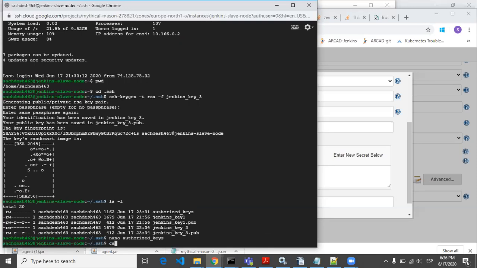Let's do it with Jenkins_key_1.pub. I am giving the previous key only, Jenkins_key_1.pub, or let it be the latest one, Jenkins_key_3.pub. Copying this into authorized keys.